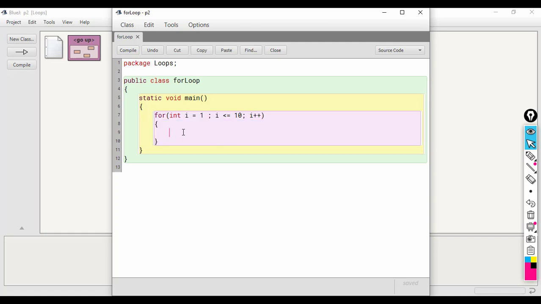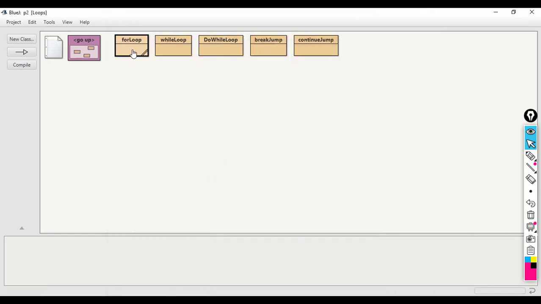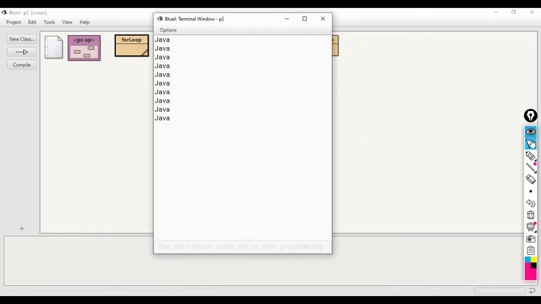So let's write a single println statement here, which will just print Java, and let's see what it does. So let's compile it. You can see that I have written System.out.println Java only once, but it is being printed 10 times. 1, 2, 3, 4, 5, 6, 7, 8, 9, 10.